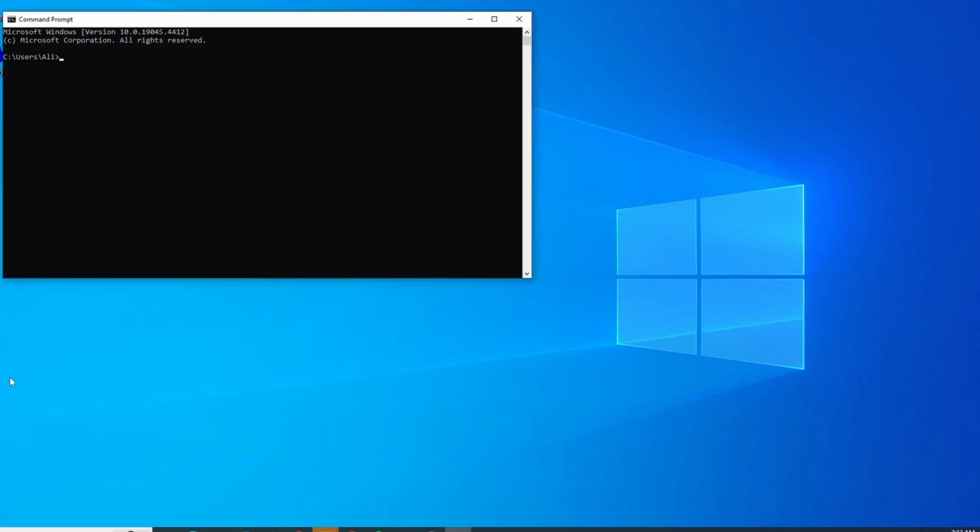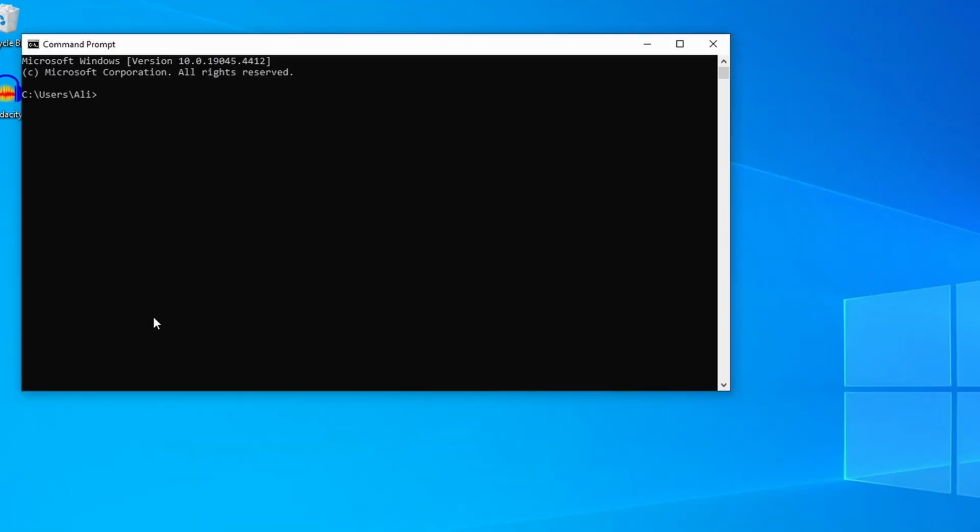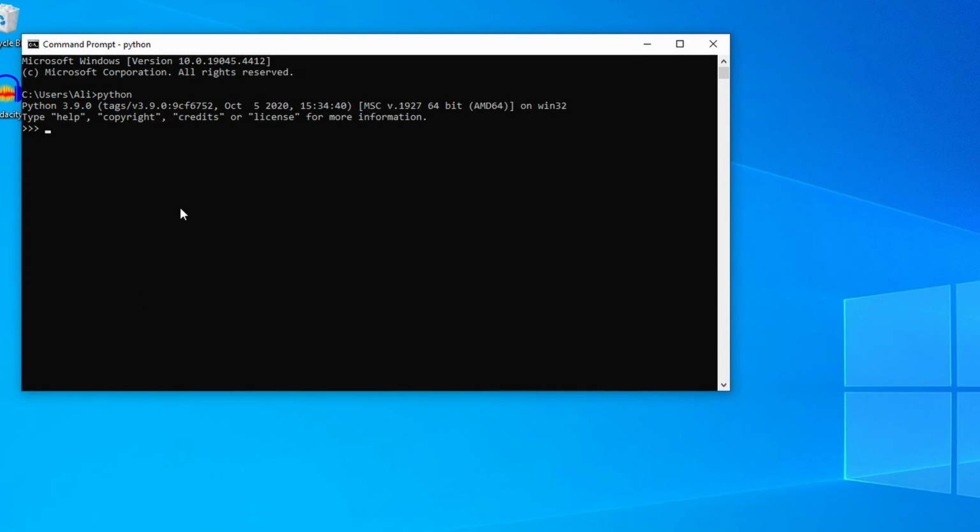Next, we will set up our Python environment. Make sure you have Python installed. To check if you have Python installed, it's very simple. In command prompt, type Python and click on enter, and this will give you the version of Python if it is installed. If it's not installed, it will give you an error. In that case, I will add a link from where you can install it, which is very simple.